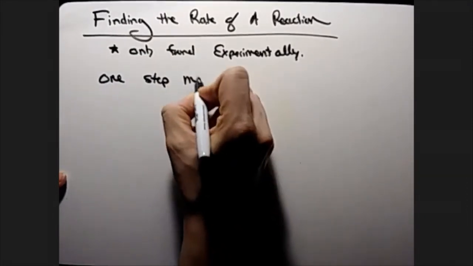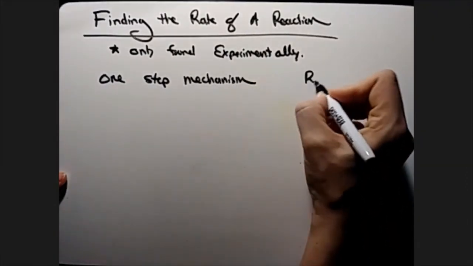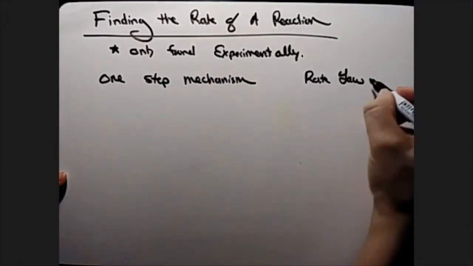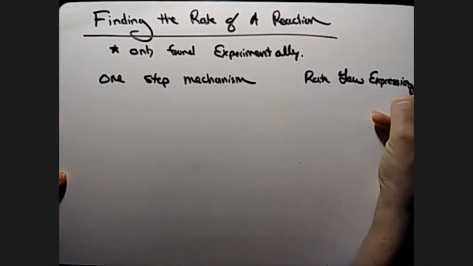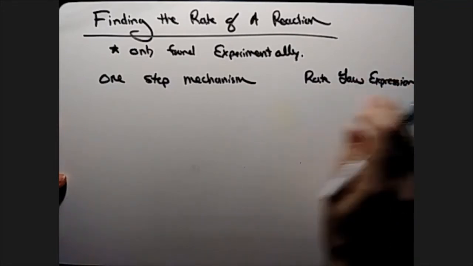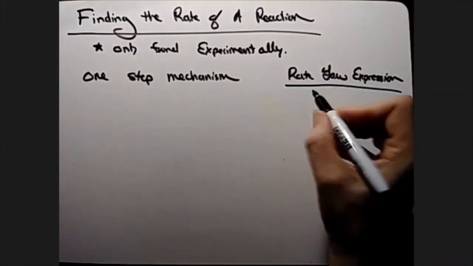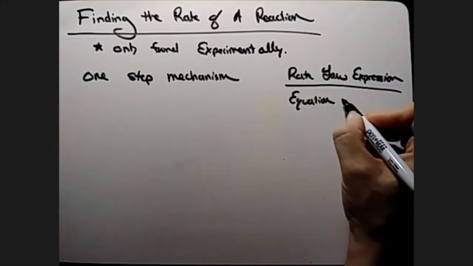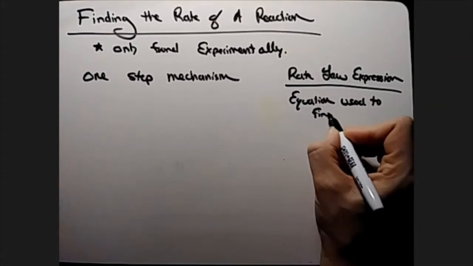one-step mechanism and something called a rate law. And sometimes that's called a rate law expression. So let's start with this, a rate law expression. A rate law expression is simply an equation that can be used to find the rate